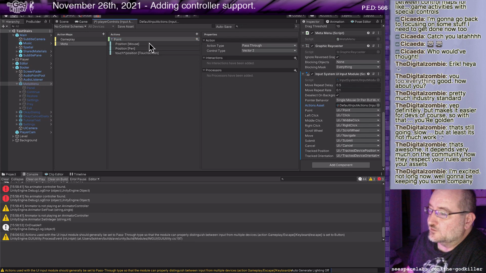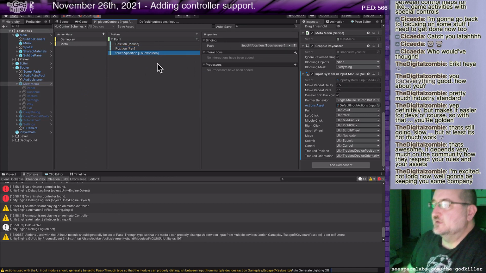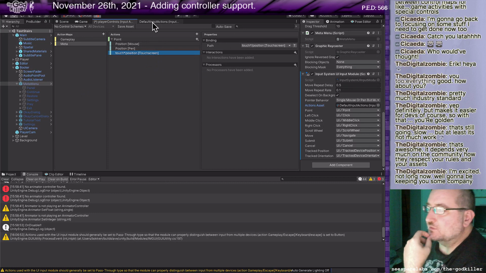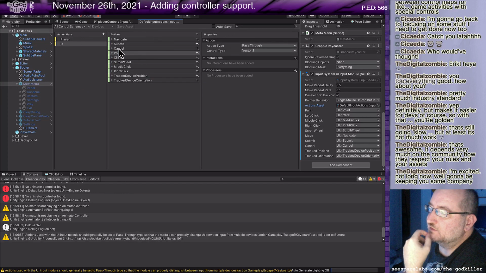So I'm just curious. So you said action type pass through vector 2. Cool. And you grabbed bindings from the mouse, a pen, touch position. Okay, cool. So this means I'm going to be able to have exactly the same things I would have gotten from the other action.